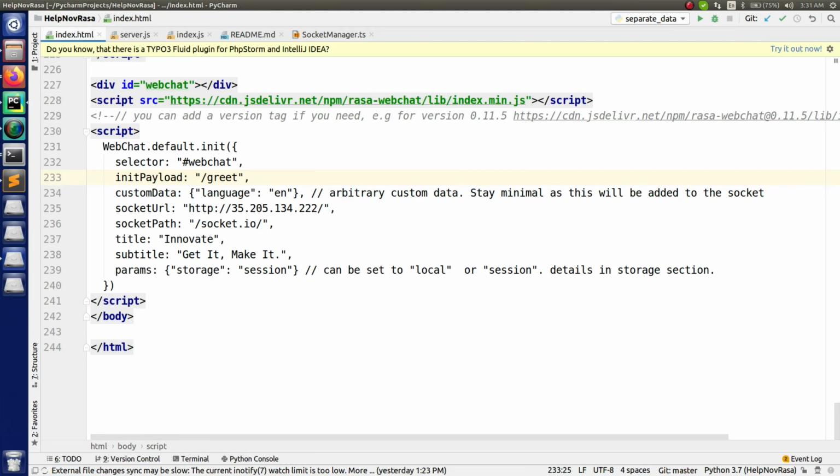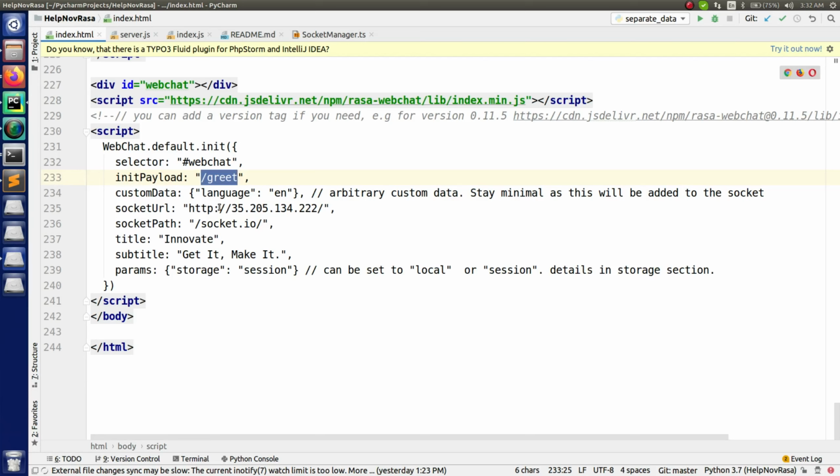I am just passing this intent, which is greet. Based on that it will return utter greet, which means hey, how may I assist you? So this is how it is going to work.